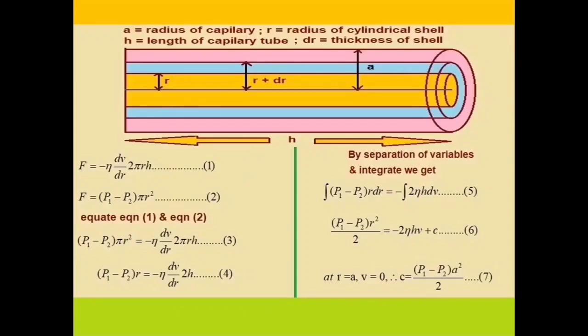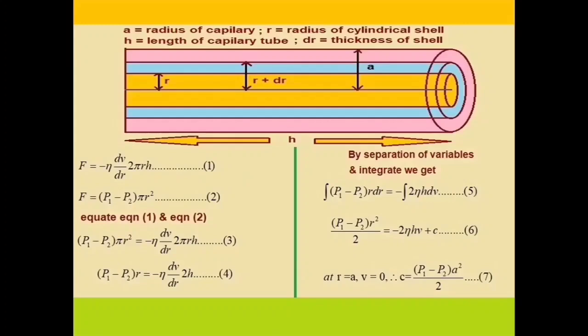Consider liquid flowing through a capillary tube. The rate of flow of liquid depends on the flow, that is a streamline, and the opposing force due to viscosity balances the force due to the difference of pressure. Liquid molecules beside the wall of the tube are stationary, while those along the axis of the tube flow with a larger speed. As you are observing in the diagram, it shows a tube or capillary of length small h and radius small a.